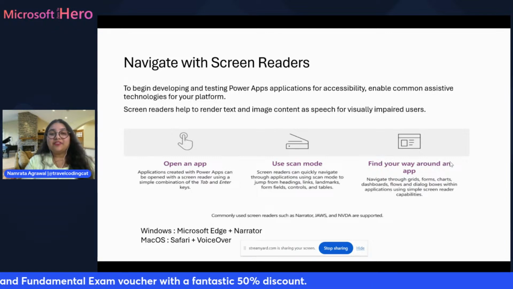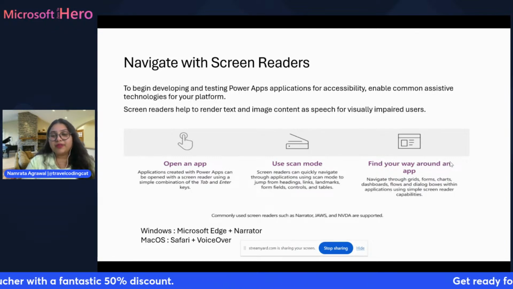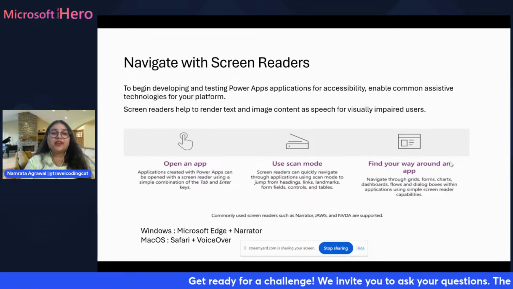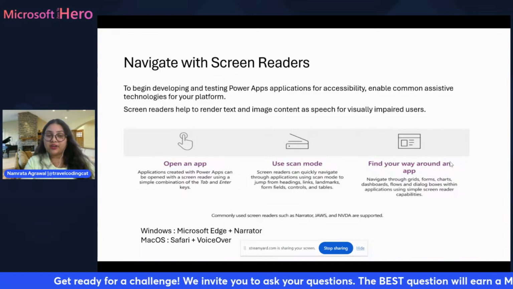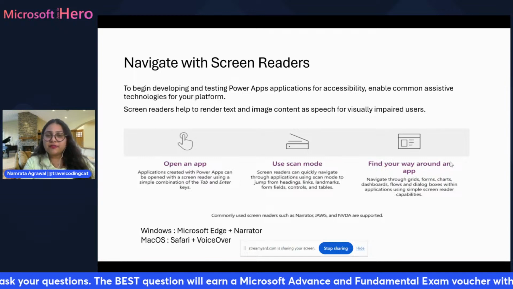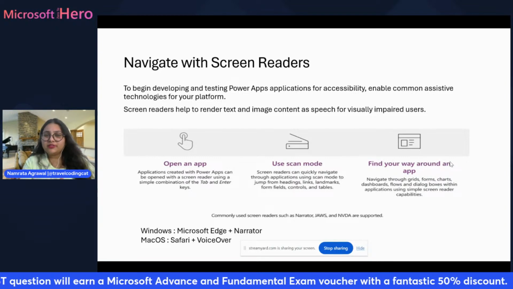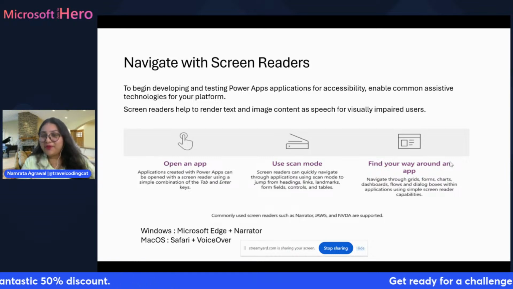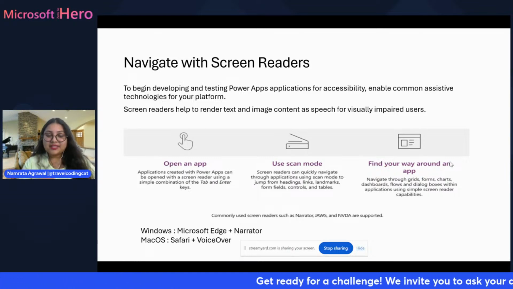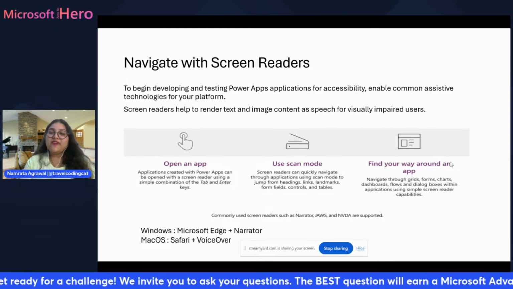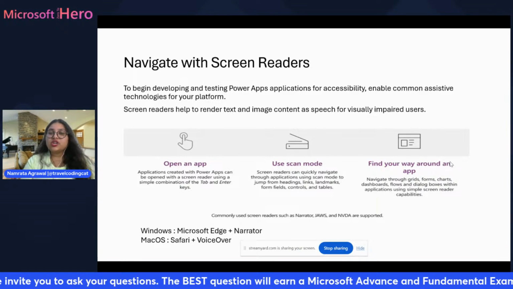Next is navigation with screen readers. This is the best part for people who have vision impairments. They use assistive technology. I've been interacting with a lot of people from different zones, I would say, and I have heard from them that they never heard about assistive technologies, and it was really shocking for me at the moment. So I wanted to understand how that's possible, first of all. Second, this is a basic technology which everyone should be aware of. I wanted to make sure that people are very well aware of the assistive technologies which are already present in